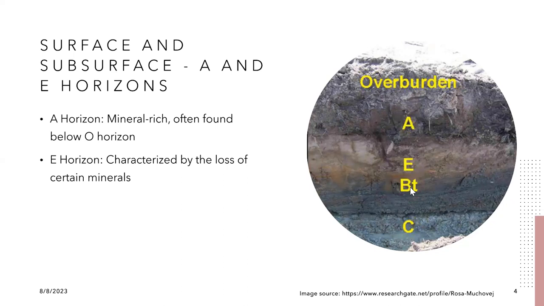The leaching gives the E horizon a distinctive lighter coloration, as you can see, compared to the A horizon, due to the loss of minerals, especially iron and clay. The E horizon can often appear pale, and it's sometimes referred to as the zone of leaching. This process of leaching ensures that certain minerals and nutrients are transported deeper into the soil, potentially benefiting the